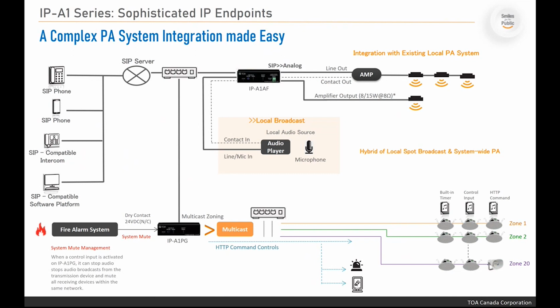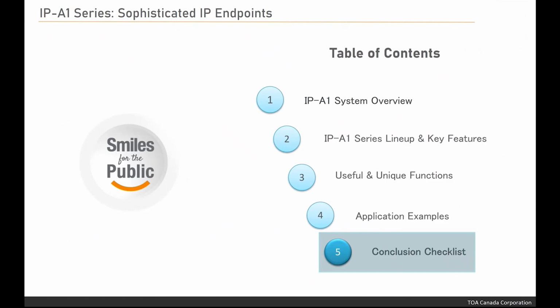And as we mentioned before, additionally, we can integrate with VMS systems. So all these systems are simply managed and simply integrated using the AF box, the audio interface, or the paging gateway. In conclusion,